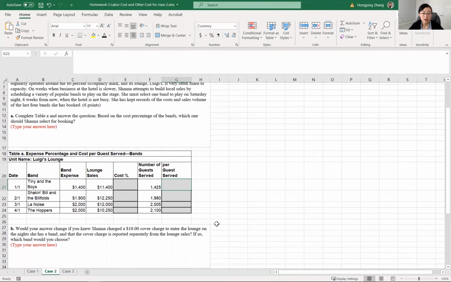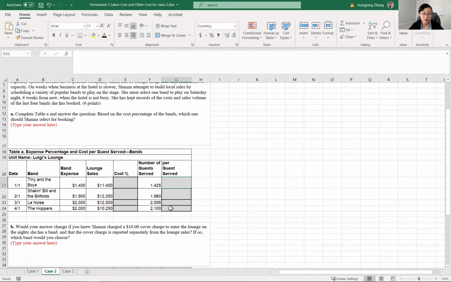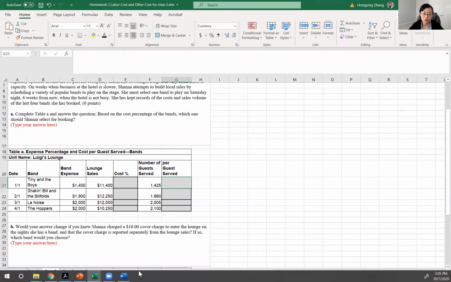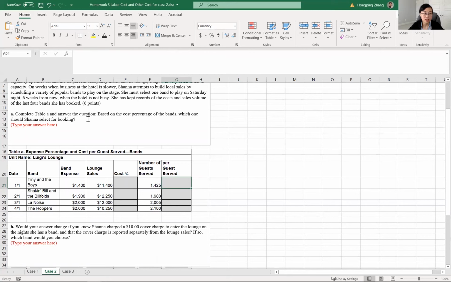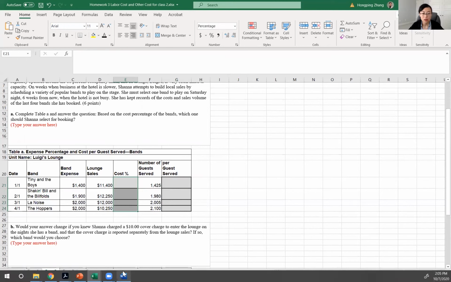So after you calculate these, you just need to compare which has the lowest cost percentage and which has the lowest per guest served, which can help you answer this question. Based on cost percentage, which one should Shannon select? Actually, you just need to use this column to answer this question, but this is just another calculation which helps you to